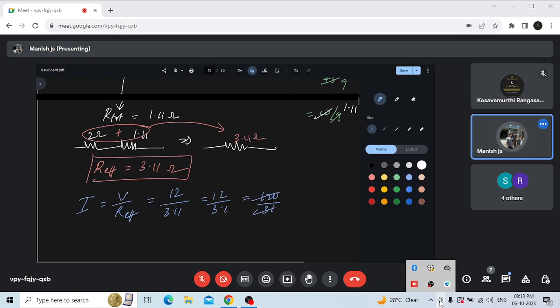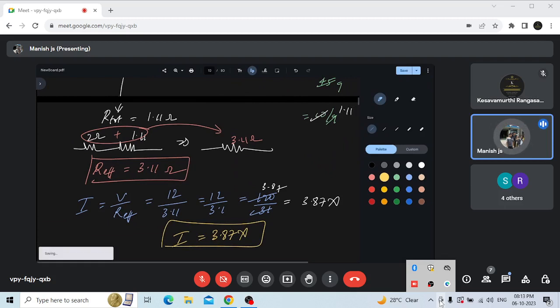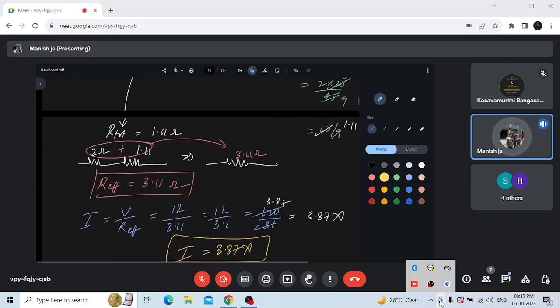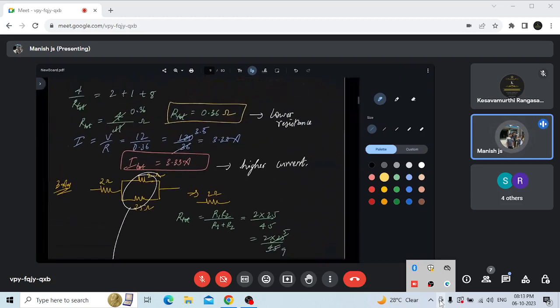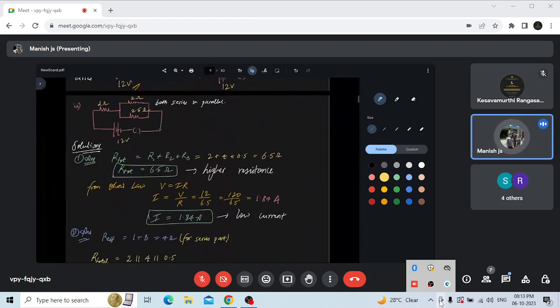So 12 divided by 3.1 is 3.87 we are getting. Okay, 3.87 amperes. So the current I is equal to 3.87 amperes. Done. That's it. Okay, so like this you can find out the current, right? So I hope it's clear. This is how you find out the effective resistance, and you can also find out the total current in